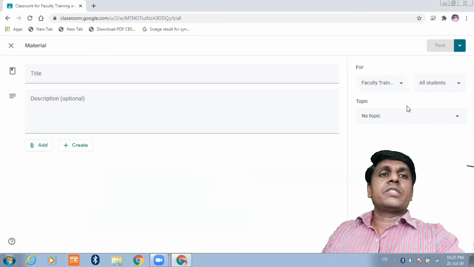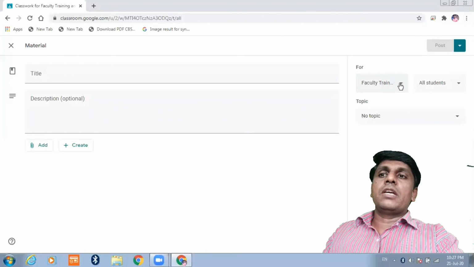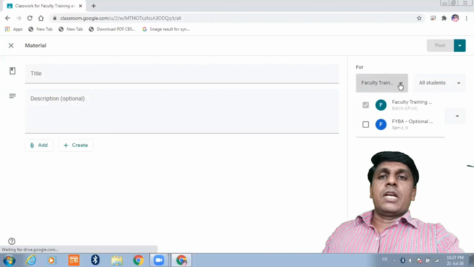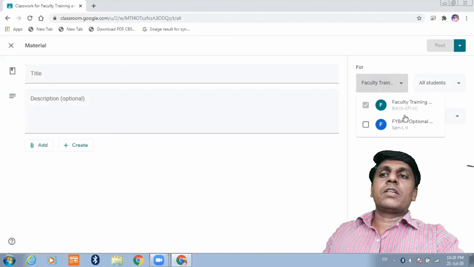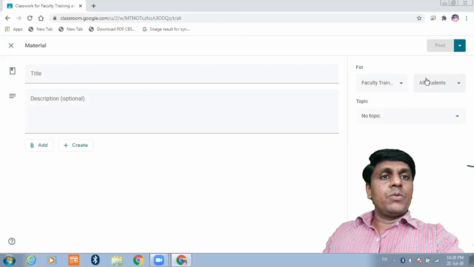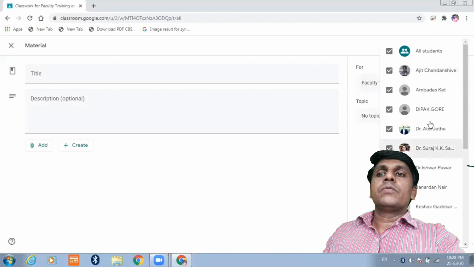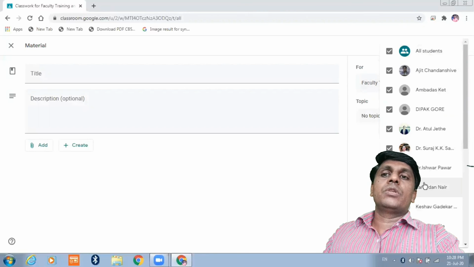Then here you have to set, for example, on the left side the first section is which class. If I click here, you will see these are my two classes. Which one I want to upload to, faculty development and training, I will click on that. Then select all students, or if you want to upload for selected students, you can select them from here, and the students list will be displayed.